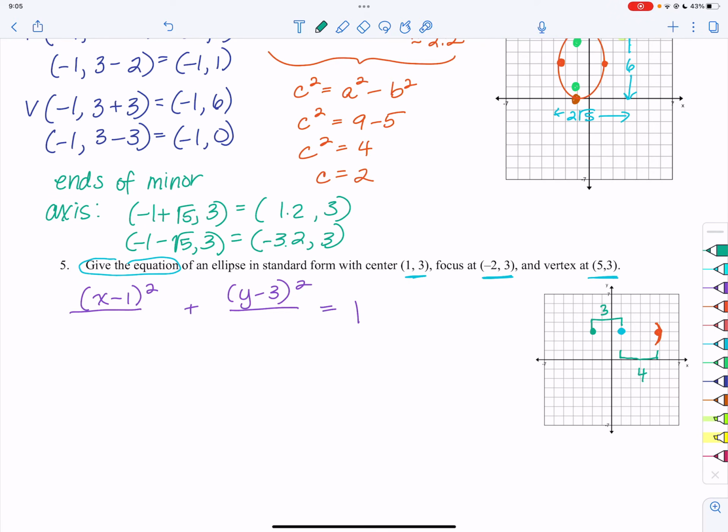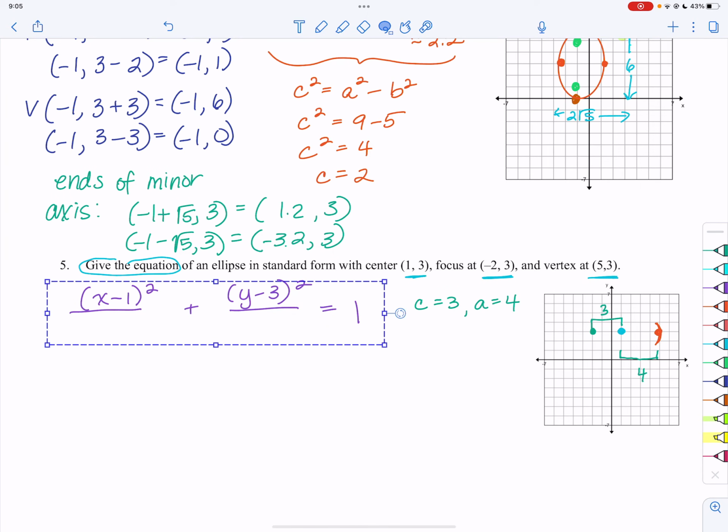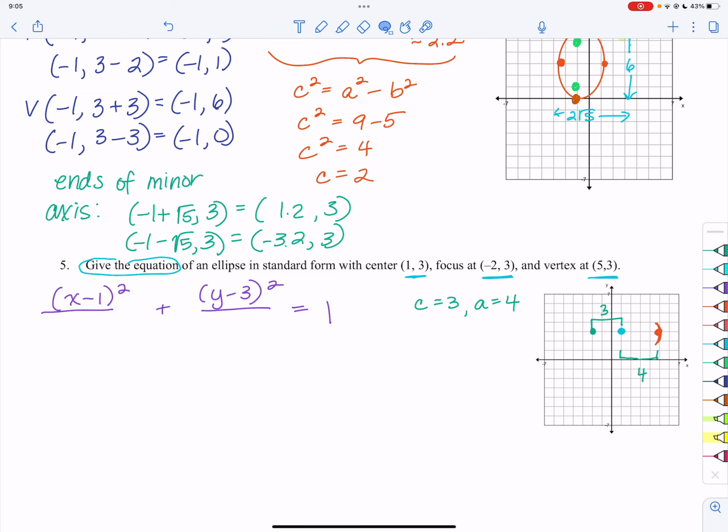So what do you know for sure? We know that C is equal to 3. And we know that A is equal to 4. So we have both of those bits of information just from looking at the graph and getting those on there. So now, could we find B? Yes. We know that C squared